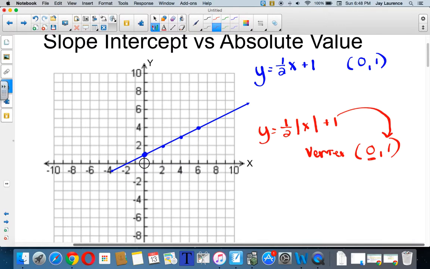So I'm going to plot this point, 0, 1. And then this number, this 1/2, is sitting in slope's position, isn't it? And so I can go rise 1, run 2, rise 1, run 2, rise 1, run 2. And I'm going to get a picture that looks like this,